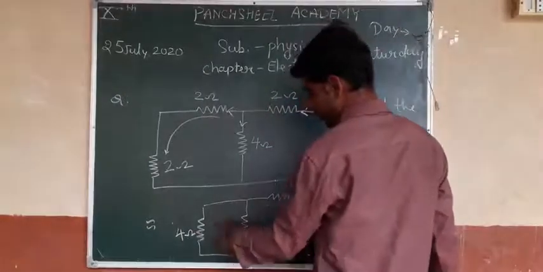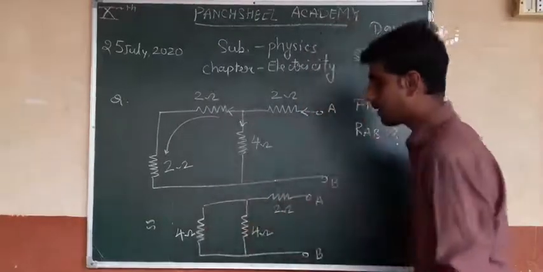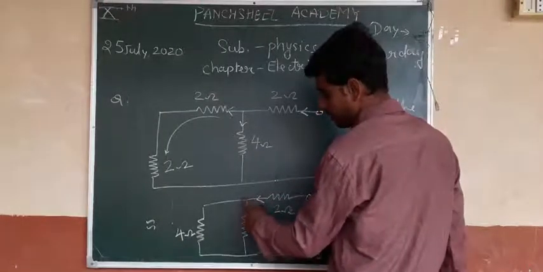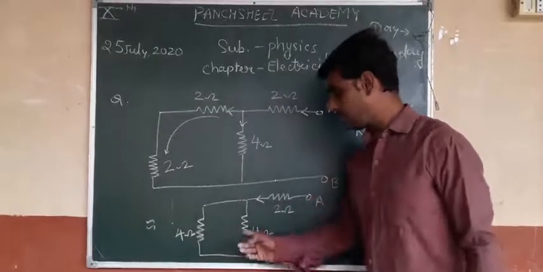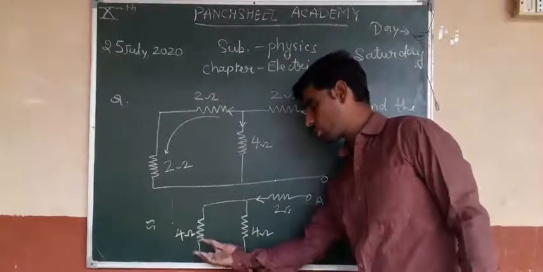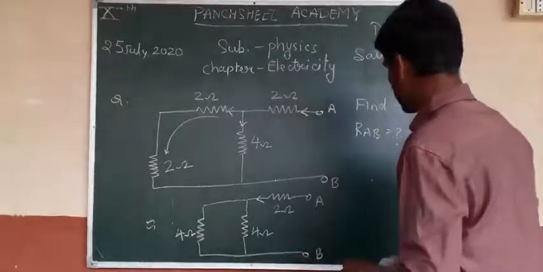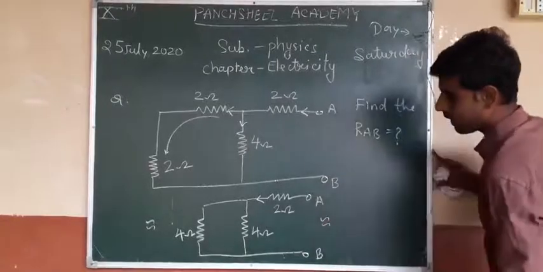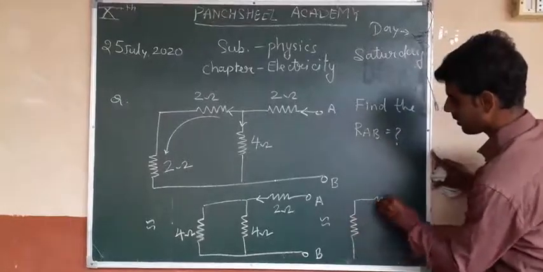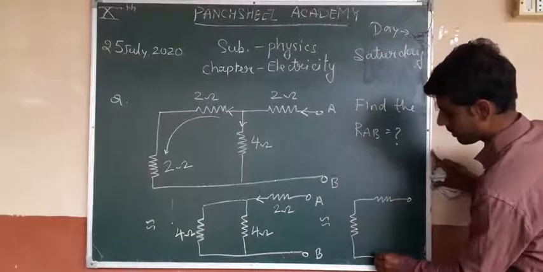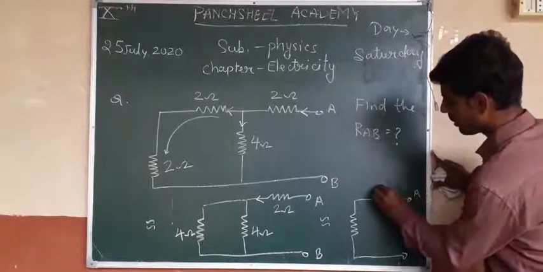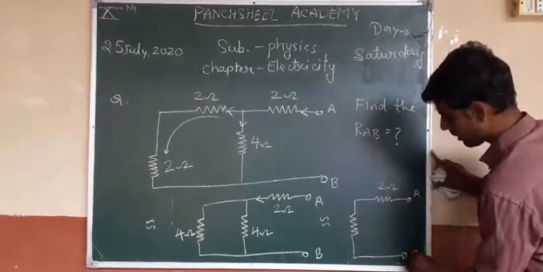Now these two resistances are also in parallel. Why in parallel? Because current enters in this branch and the current is divided in these two. So if I solve these two resistances in parallel, then we will get an equivalent resistance of these two. So what is the value of these two resistances? I write again an equivalent circuit like this. This is the A terminal and this is a 2 ohm resistance. This is the B terminal.